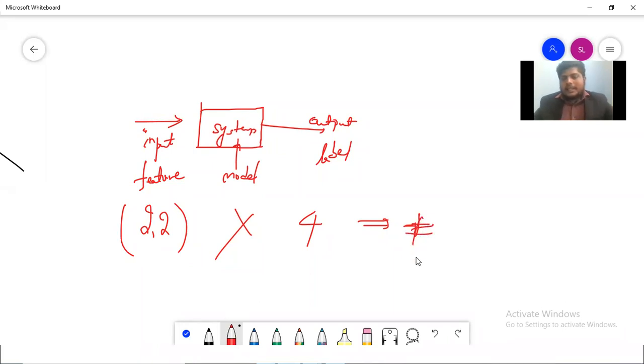You might say that this might not be true every time, right? Because in this case, I have two possibilities. One possibility is 2 plus 2 as 4. One more possibility is 2 into 2 as 4. So this can be the output and this can also be the output. There are two methods, two outputs which we will get. Now, how do you eliminate this one and come to a conclusion that it is this one only?